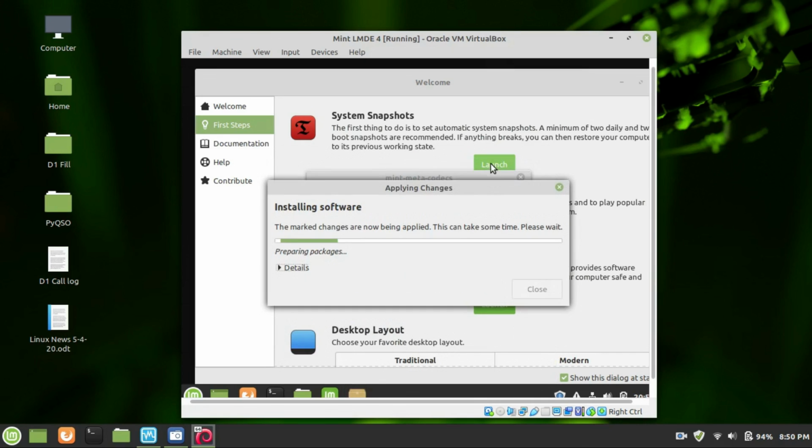Now this is the part that you will not have to do in the Ubuntu version of Mint, because it does this automatically for you. With the LMDE 4, which is the Debian version, you do have to do this manually, but you only have to do it after the installation one time. So we'll let this install,